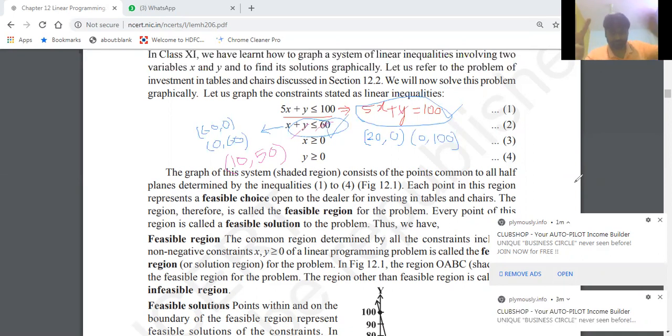See here. Form the equations. Now solve them. We'll get the point of intersection. That point of intersection is the answer. Finished. Nothing more. But in a subjective manner, to score 6 marks in CBSE, we have to take some points for the first equation, some points for the second equation, and the point of intersection also we should take, 10 comma 50.